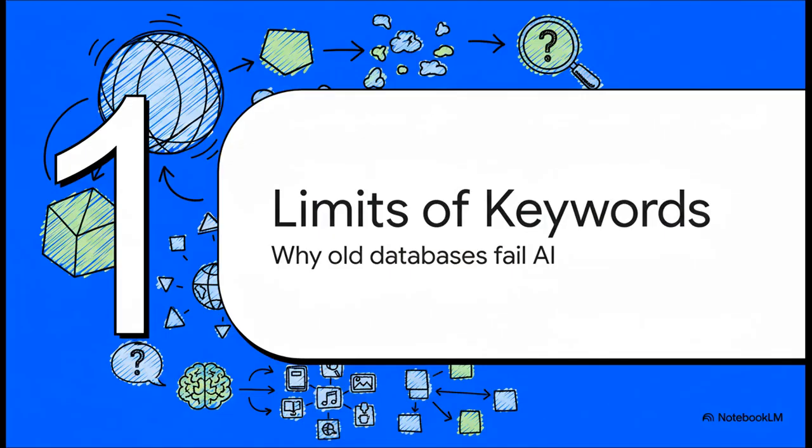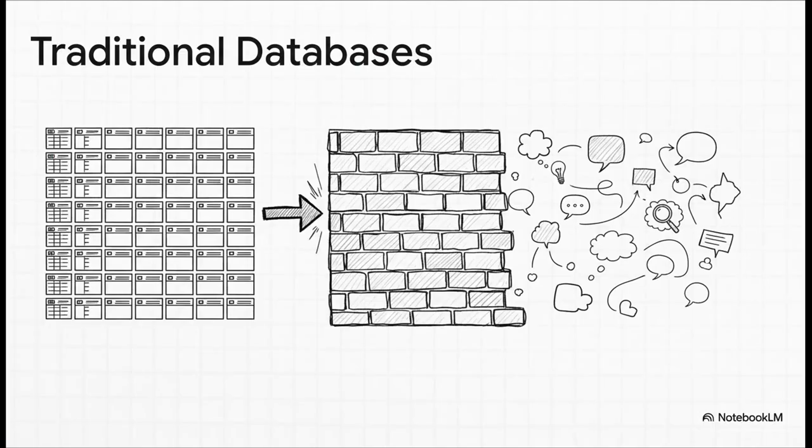All right, so first things first, why did we even need to invent a new kind of database? Well, it's because the tools we've relied on for decades, which were absolutely fantastic for their time, just can't keep up with what modern AI needs to do. Look, traditional databases like MySQL or Elasticsearch, they're awesome for what they were built for. They're amazing at organizing neat, structured data, like spreadsheets or customer lists. But the second you ask them to understand nuance or context, they just hit a wall. It's not in their DNA.